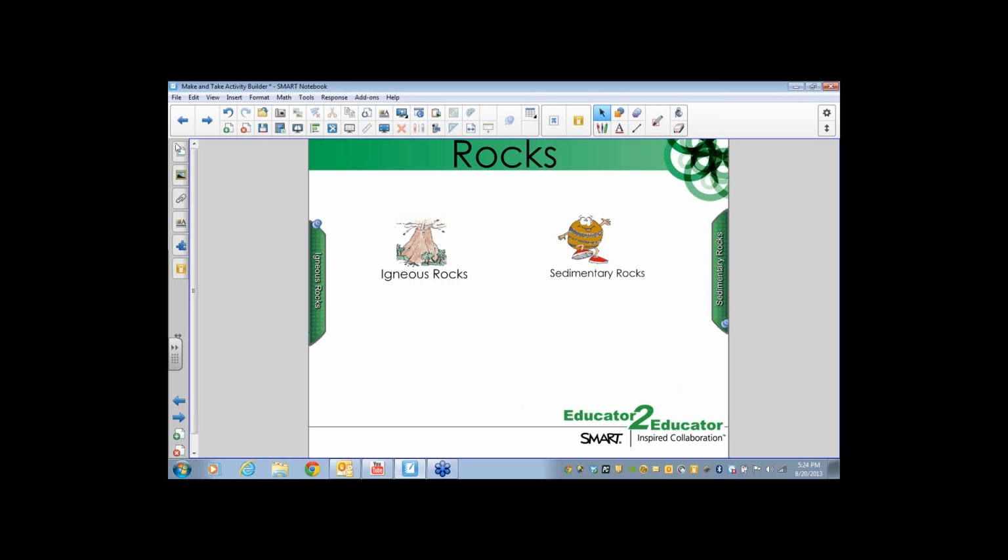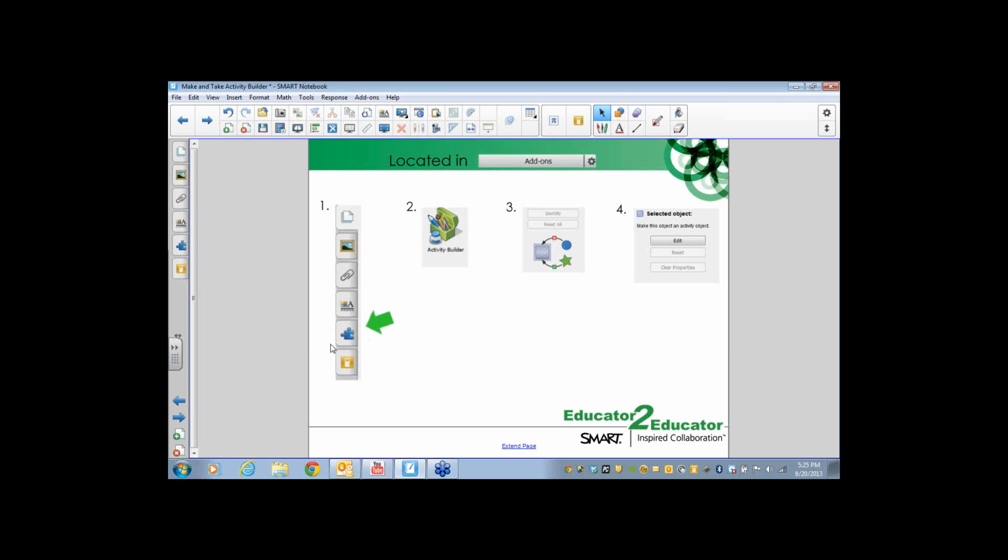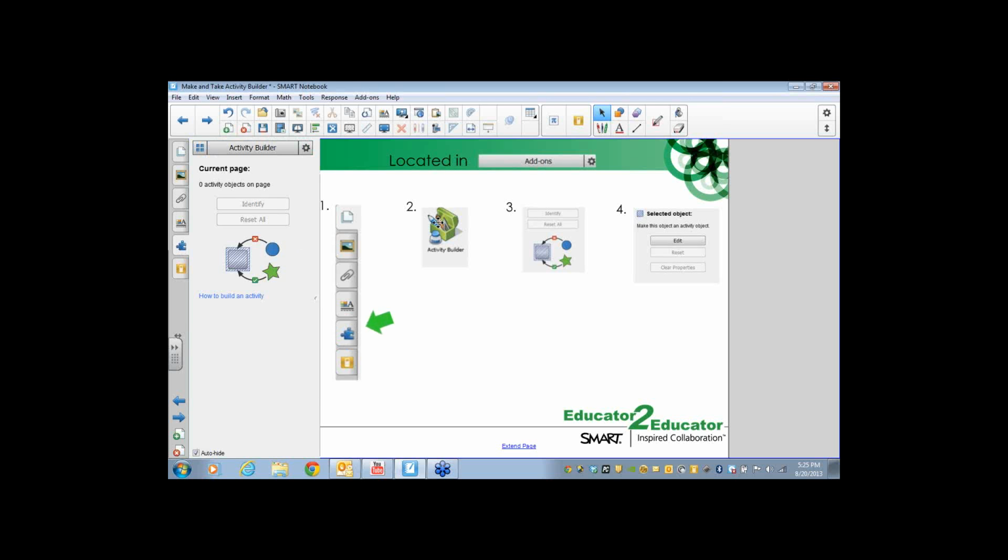If you have the page in the file, you'll have the page that you can work along with me. So again, we want to look in our Add-ons tab. That's the blue puzzle piece. We're looking for the Activity Builder.